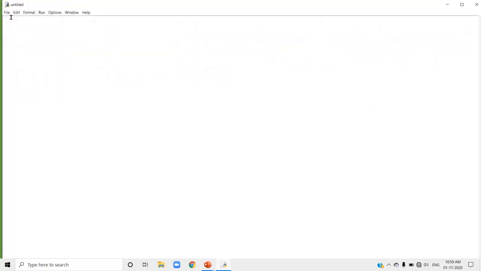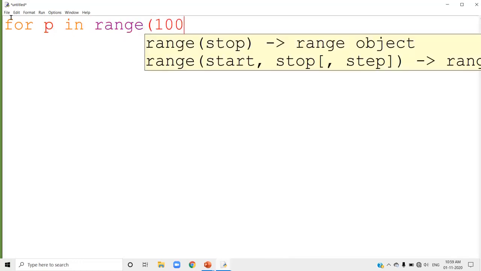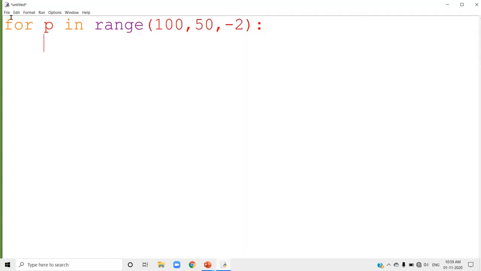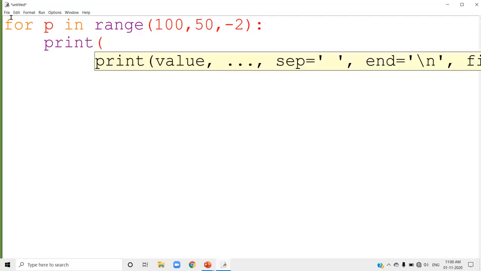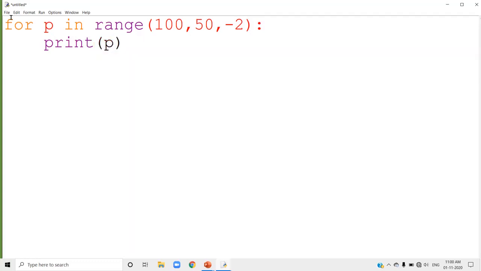I am going to write for P in range 100 to, here the start value is the largest value and the stop value is the smallest value, and comma -2. I am giving -2 as the step value, so here the step value is negative. Now print P. Now run this program and see what the answer is.